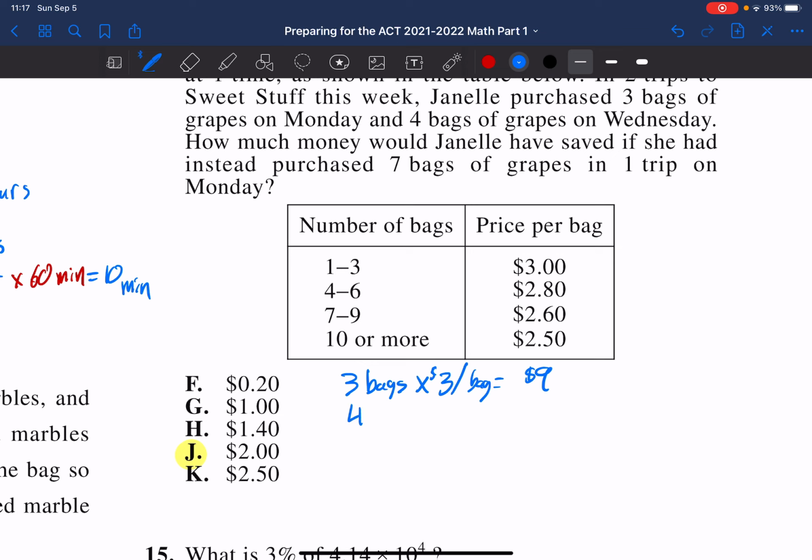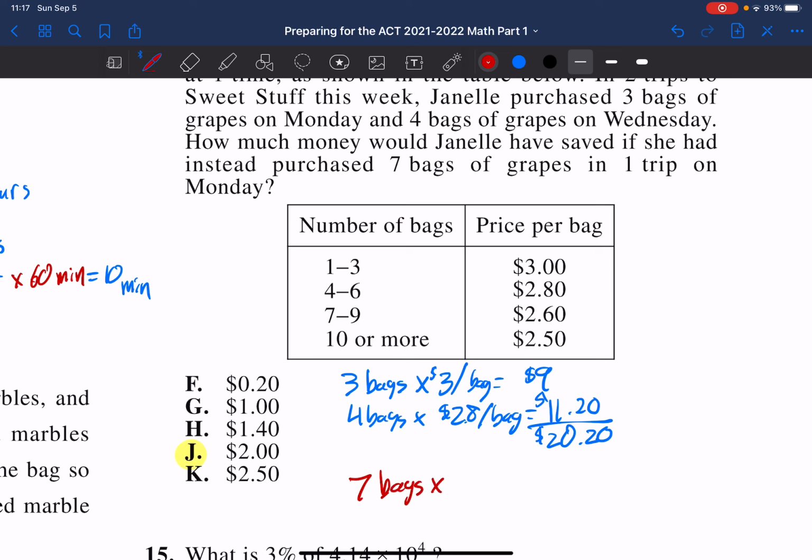Then she had 4 bags times $2.80 per bag, and that gives us $11.20. So how much did she pay in total? She paid $20.20. Now, we compare that with 7 bags